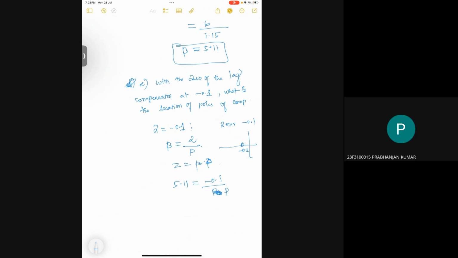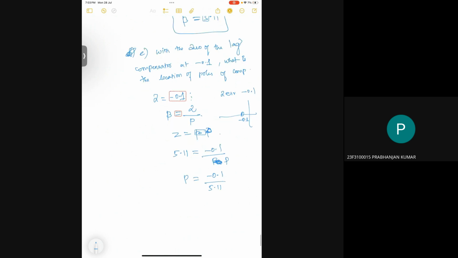Sorry, P equals minus 0.1 divided by 5.1. This will be 0.1 by 5.11, which is minus 0.02. It's a very small value. Since the zero value is also small in a lag compensator, the zero will be farther than the pole. So the pole is at minus 0.02, where the zero is at minus 0.1. Everything is in the left half of the